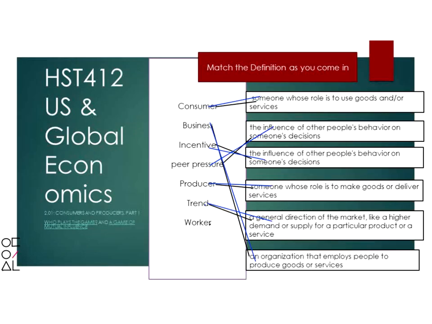All right, Track C students, I'm going to be expecting a tremendous amount from you today because look at this chart here. We've got definitions of things. We know now what consumers are. We know what business is. We know what an incentive is. It's kind of like peer pressure. And producers are, we know what a trend is, and we know what a worker is. Now, the worker is not represented up there.